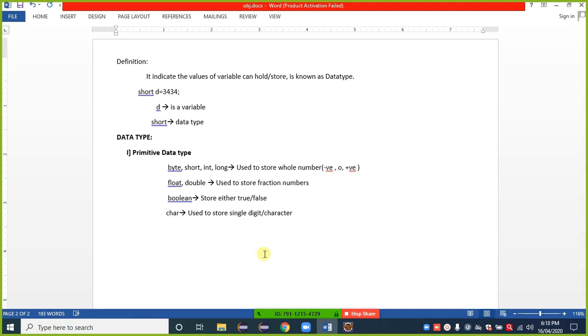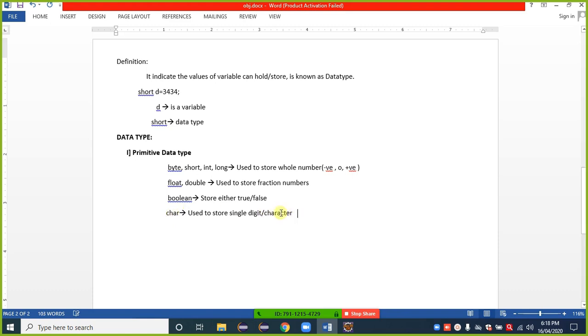If I want to store only a single digit, that is 6, I can easily go with the char. But in case of numerical values, instead of char, we can go with the other types also. Suppose I have a single character, small d, we can go with a char.